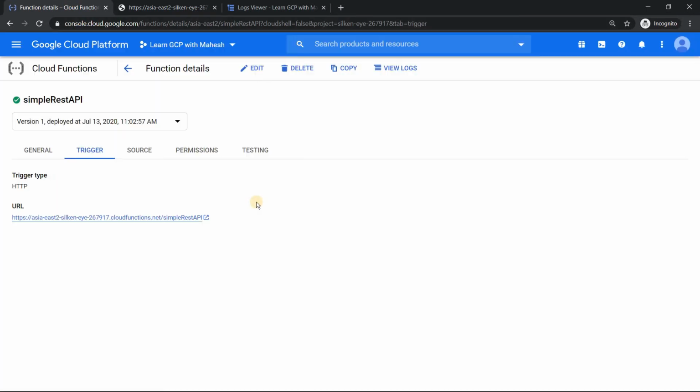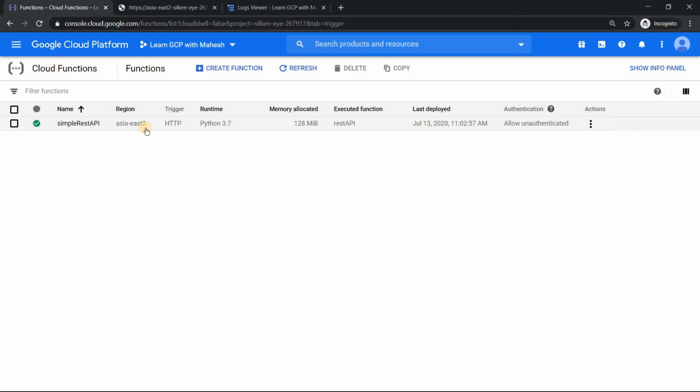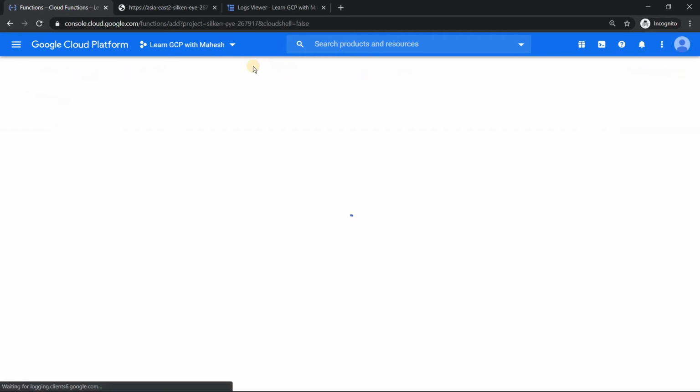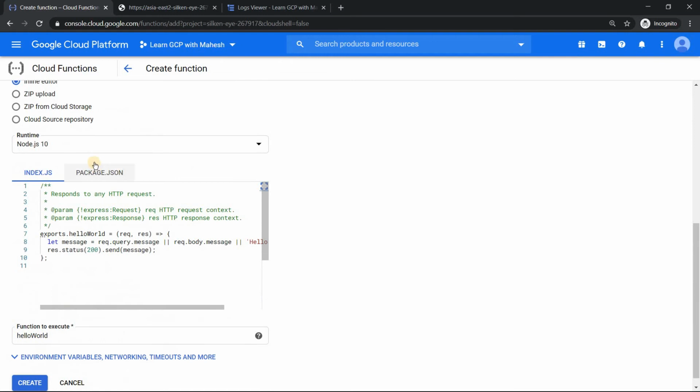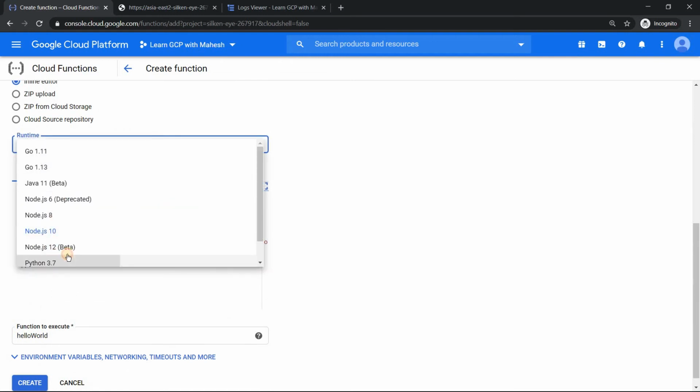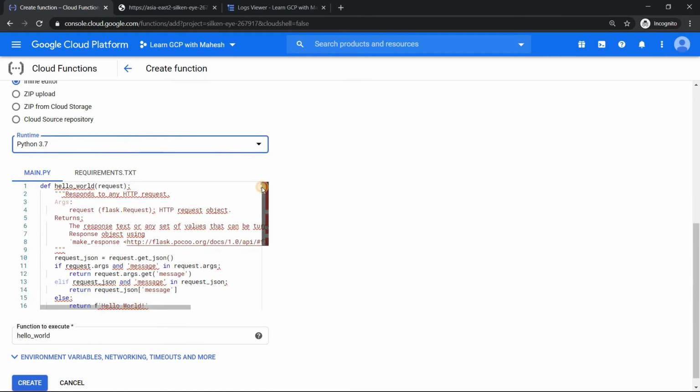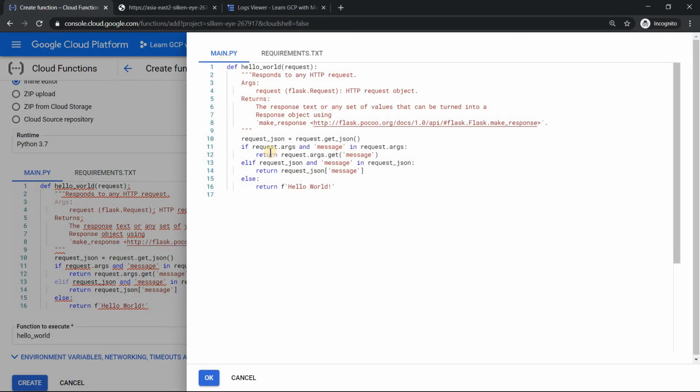Simple. Go back to your cloud functions. Remember, there was a hello world example. We did not even take a careful look at that. So if I go back to the create cloud function page and select the runtime as Java 8 and look into this function, it was a simple one, but the most important thing was this request argument.